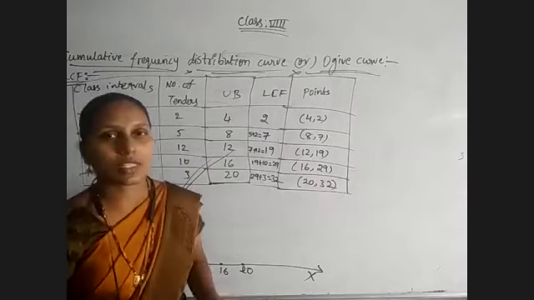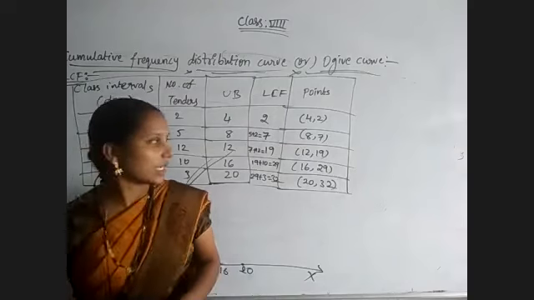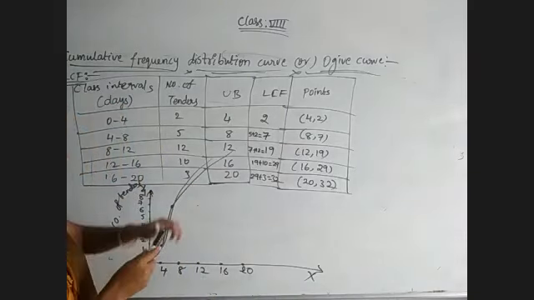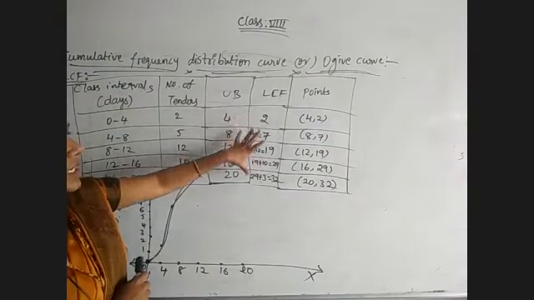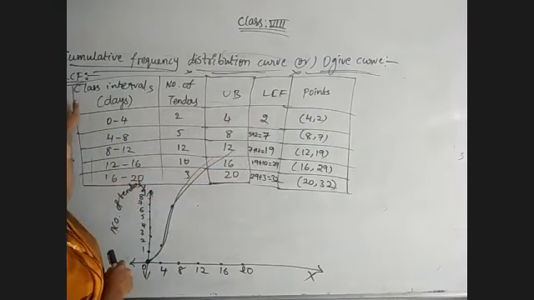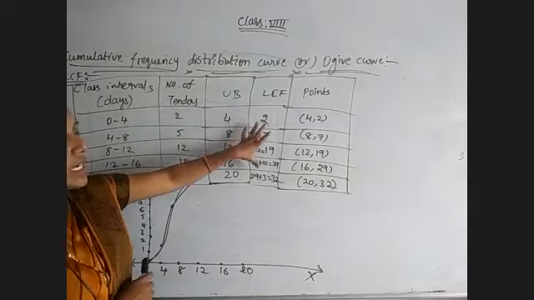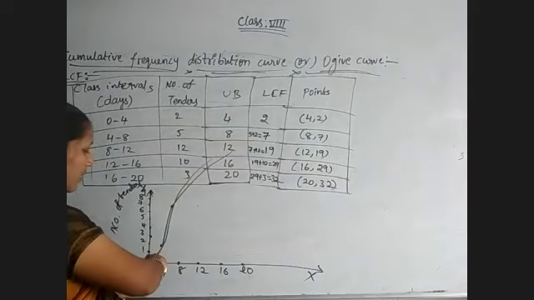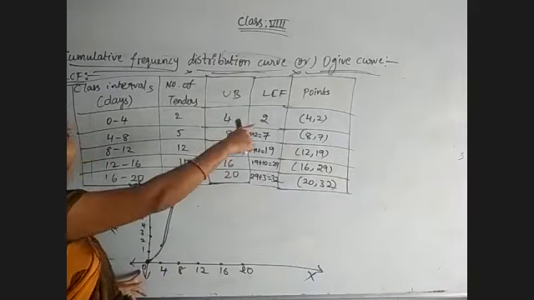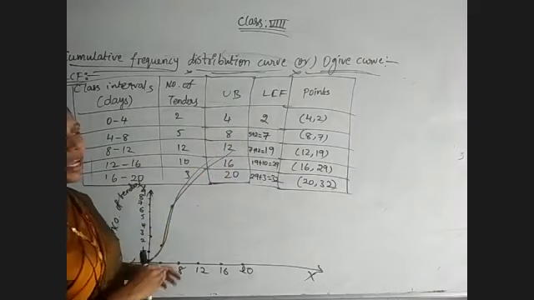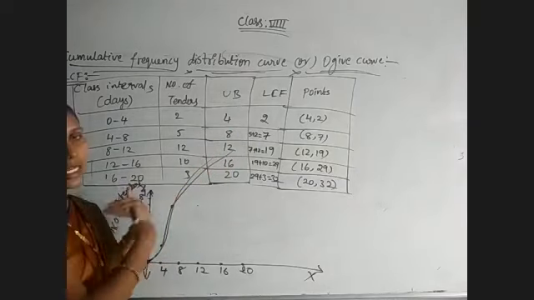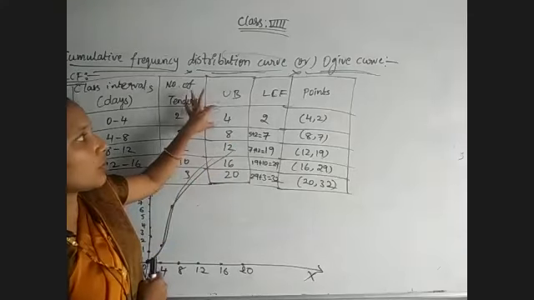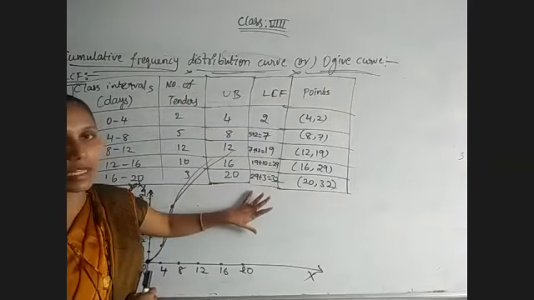Such types of questions we have in the exercise also, so tomorrow we will discuss them clearly in the exercise. Just remember, if we are talking about less than cumulative frequency, we have to take the upper boundary and the less than cumulative frequency as points and construct the graph. When constructing LCF, we get an increasing curve. If you are taking GCF, we get a decreasing curve. In the case of GCF, we must consider the lower boundary and the GCF of that particular class.